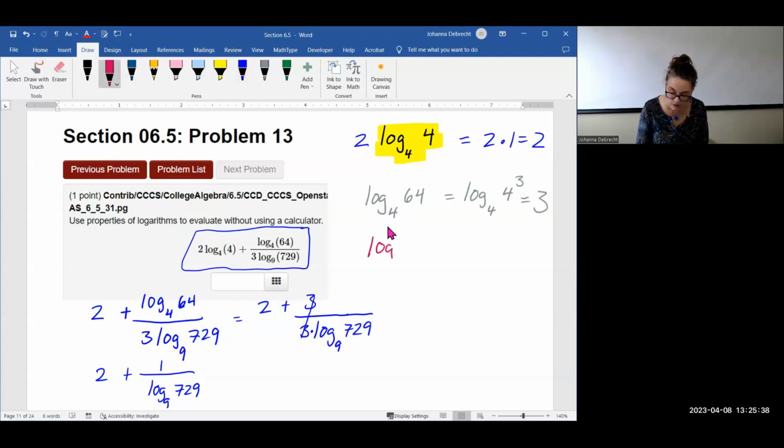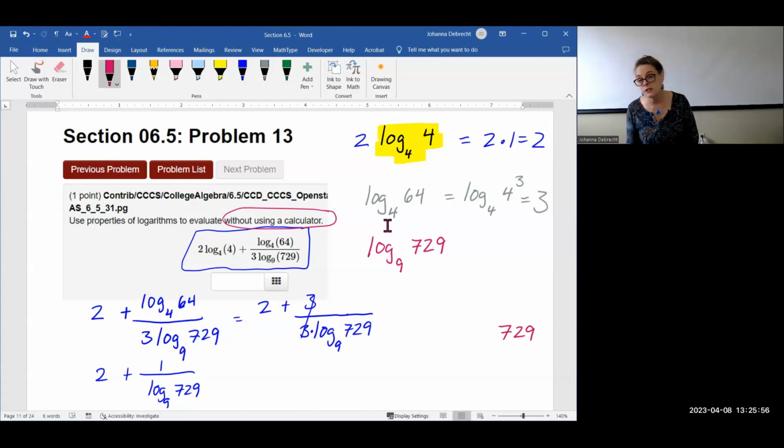So we'll pull it out to the side. The chances are high, as it said without using a calculator, that 729 must be a power of 9. All right, so how are we going to figure that out? We're going to come over here and do a shorthand division. You've never learned this. It's really great. You'll enjoy this. So we're going to do the division bar upside down like this, and we're going to divide